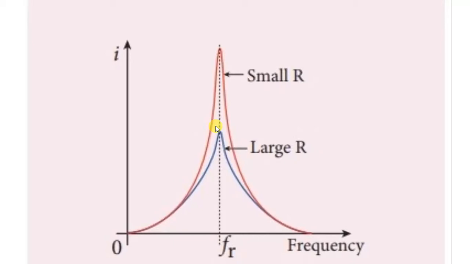From the curve we see that there are two such values of omega, say omega 1 and omega 2. So these are the two values, omega 1 and omega 2, one greater and the other smaller than omega 0, and symmetrically placed about omega 0.